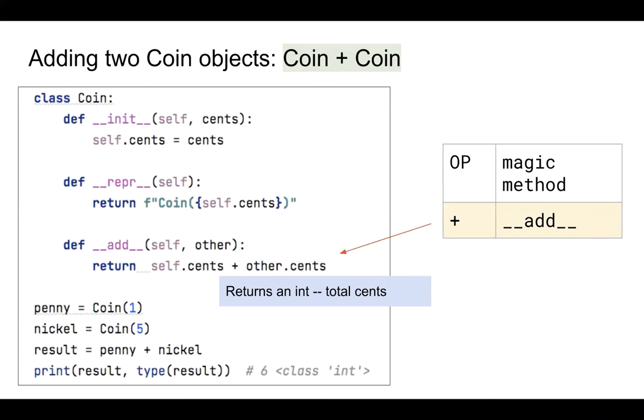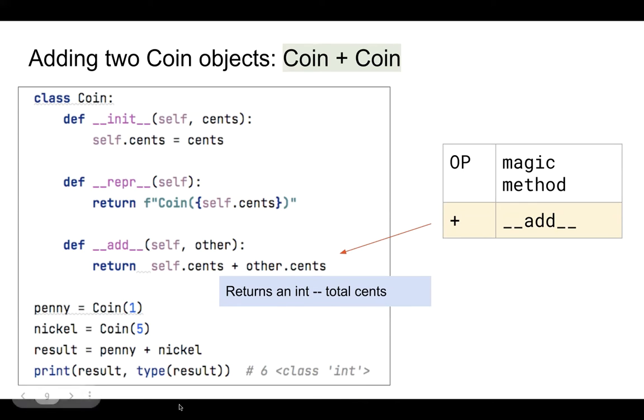For instance, we want to add 2 coin objects. So I want to overload the plus symbol. So I want the plus symbol to work with 2 coin objects. And so I define the add method, and I say it returns the value of cents plus the other cents. So that operator takes 2 coins, gets their cent value, and adds them